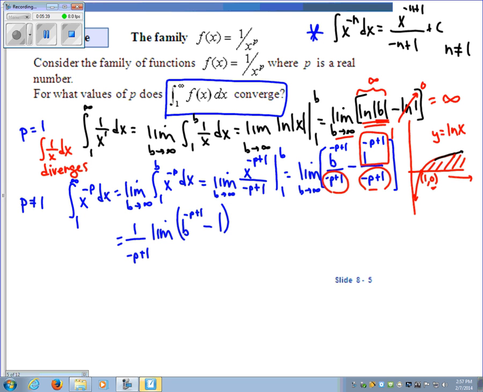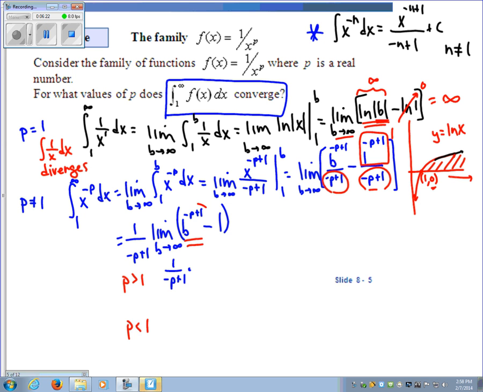Okay, so now what I need to do to figure out this limit is I need to understand the size of the b. I don't know whether the exponent here is positive or negative. It depends on the size of p. So what I'm going to do here is I'm going to look at two cases. I'm going to look at the case where p is bigger than 1, and then I'm going to look at the case where p is smaller than 1. That's going to allow me to figure out what this value is going to be. Okay, in the front, I still have 1 over negative p plus 1. So this will be 1 over negative p plus 1 times,